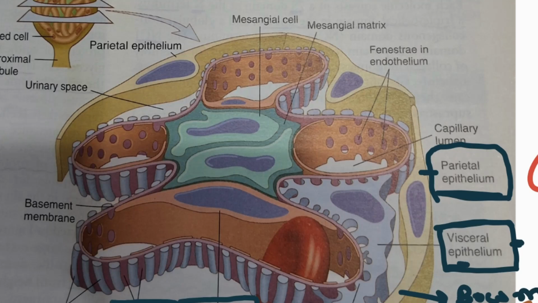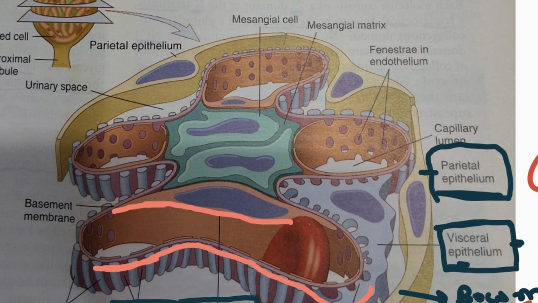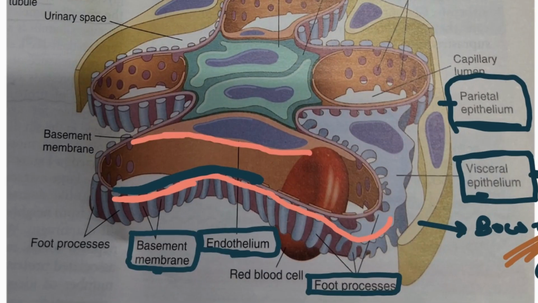For example, this is the endothelium. This is the endothelium. And this is the visceral epithelium. This visceral epithelium contains podocytes. Okay. And this structure is called the basement membrane. So this basement membrane is present between the visceral epithelium and the endothelium. I hope you are clear up to now. So talking about this basement membrane,